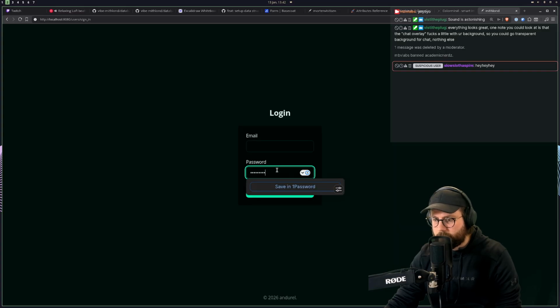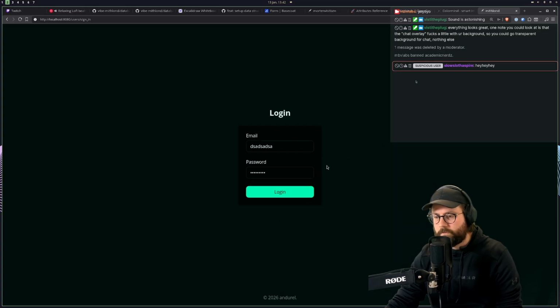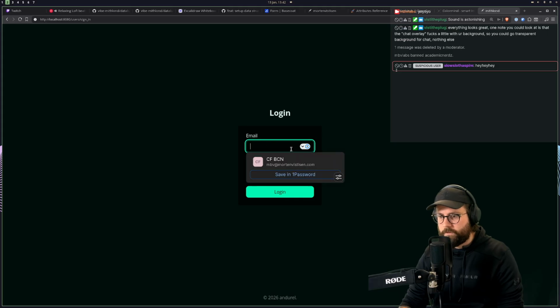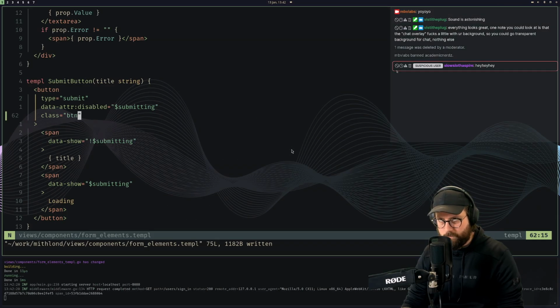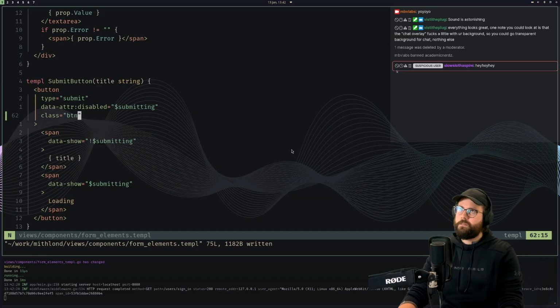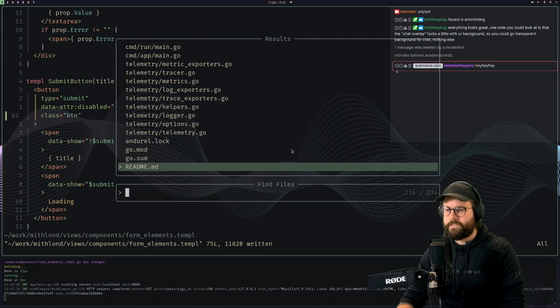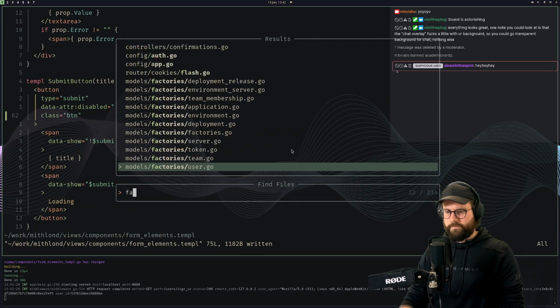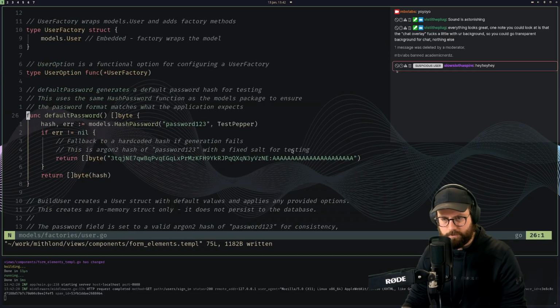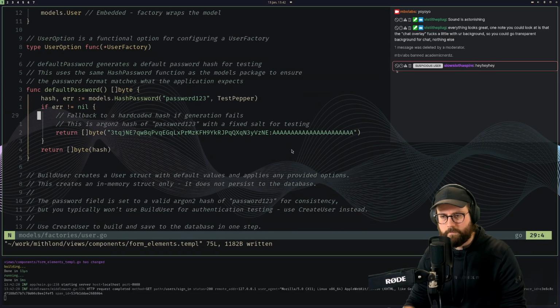There we go. Good. So now, because my seed factory user, it uses the same